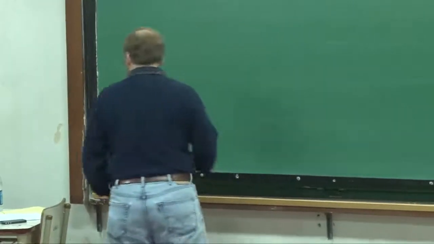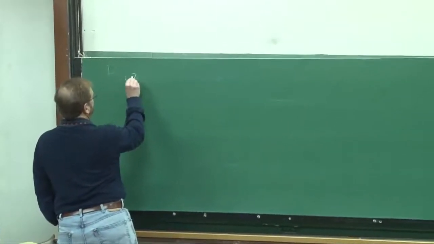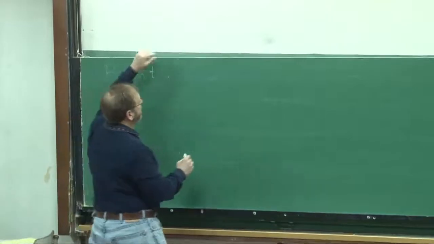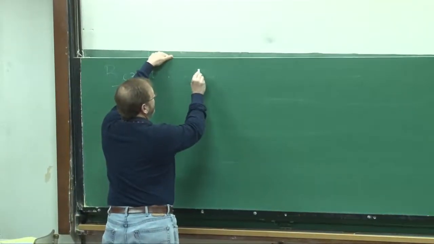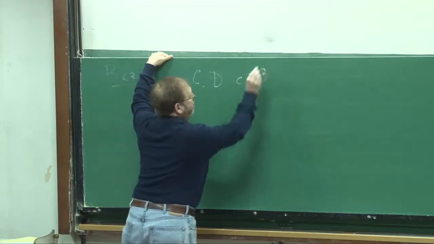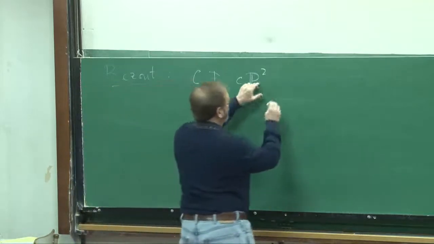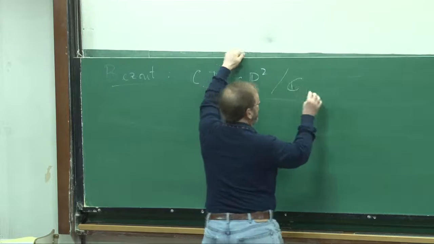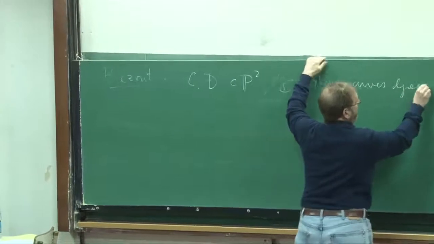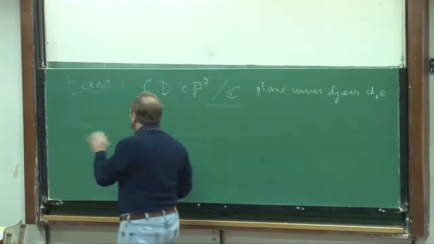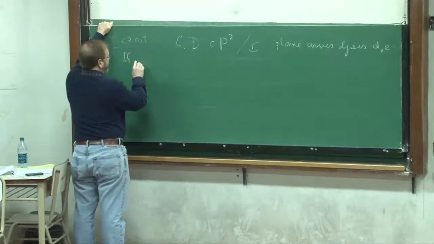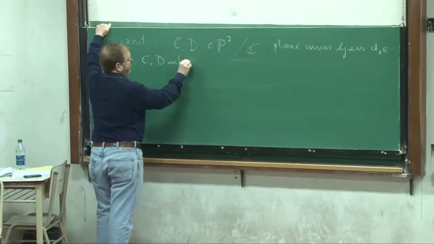So with that said, the starting point for everything I want to do, as it was more or less historically, is the theorem of Bézout. And Bézout says that if you have two plane curves, so that's plane curves over, say, the complex numbers, of degrees, let's say d and e. The statement is, I'm going to give you a very, very basic form of Bézout. If C and D intersect transversely,